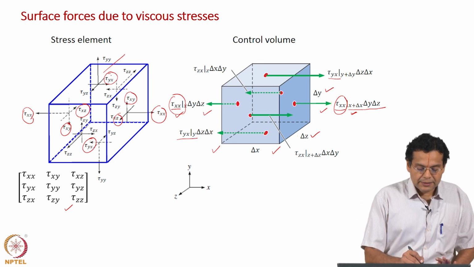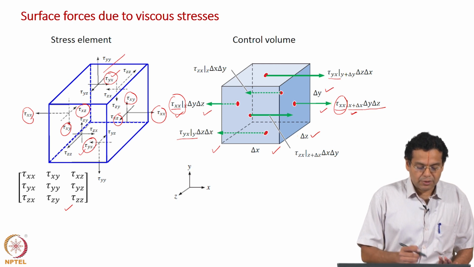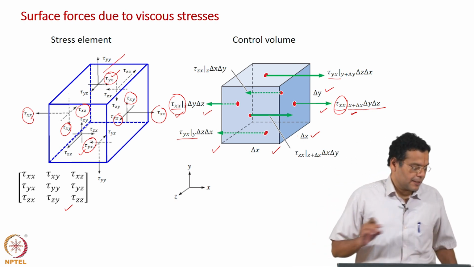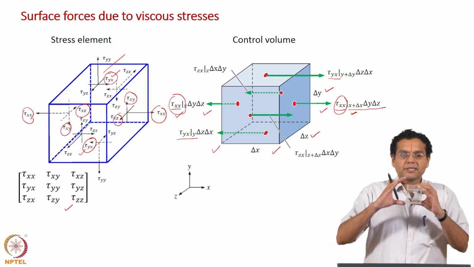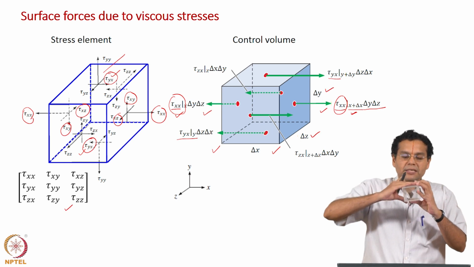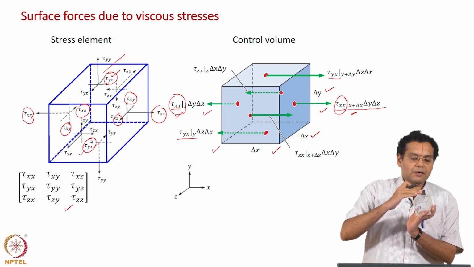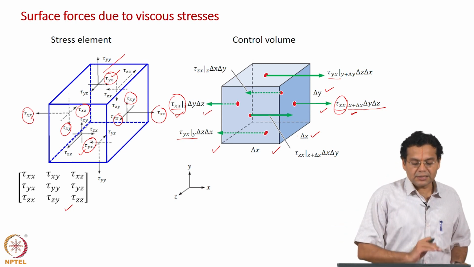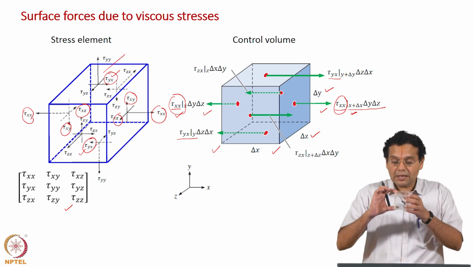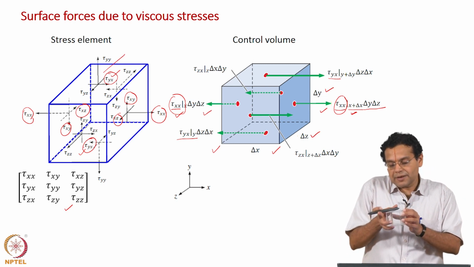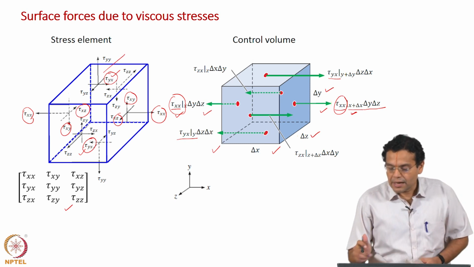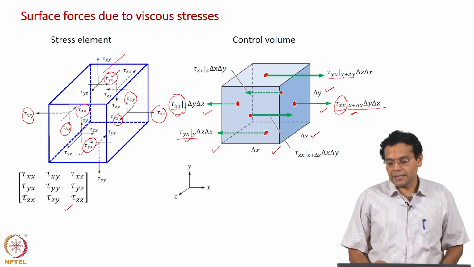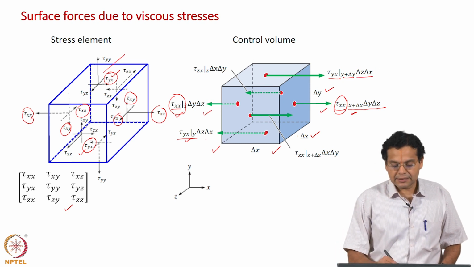In this case, because it is a stress element, both are shown as tau yx. The imagination is that if I take the same plane, top and bottom are not physically separated, they are opposite sides of the same face. So, we have seen that on opposite sides of the same face, the shear stresses are equal and opposite, and that is what this represents. On the right hand side, in the physical control volume, they are physically separated on this face and this face, and that is why we have y plus delta y here and y here. Of course, we are multiplying with the area, which is delta z and delta x.